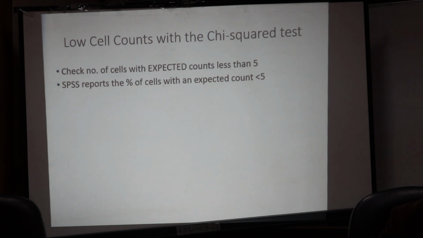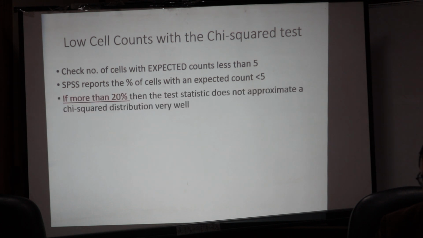I took biostat first, I took the intermediate, then I went to the application. So you cannot jump directly here. I just give you a brief description about the background, but you have to have some basic theoretical background about each test. What are we measuring here? I'm trying here to explain only how to use the test, how to use the software, and why we choose it. For example, here, check the number of cells with expected count less than 5. SPSS reports the percentage of cells with an expected count less than 5. If more than 20%